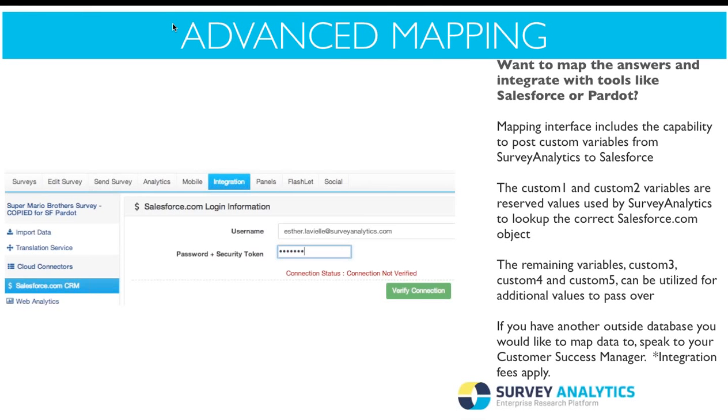Let's go ahead and talk a little bit about some advanced mapping options that we have. If you want to map the answers and integrate with tools like Salesforce or Pardot, we do offer mapping interface options and capabilities to post these custom variables from survey analytics to tools such as Salesforce. In our system, we generally take the first couple of custom variables, or mapping variables 1 and 2, and reserve those to look up anything on Salesforce,